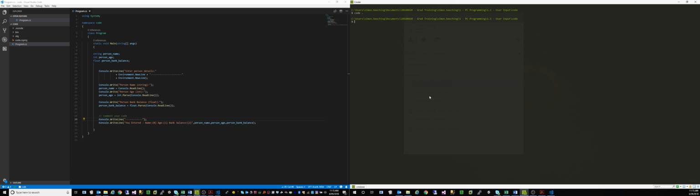Okay, so if we use the .NET code environment, the Visual Studio Code environment, we can actually run that from the command console. So in this case, we might want to do .NET run. So we'll compile that and run it. All right, enter person details, name, age, and let's say bank balance 123.45. So Simon's not very good at saving money. All right, and then you entered name, age, bank balance, and so on. So this fulfills the criteria for the first